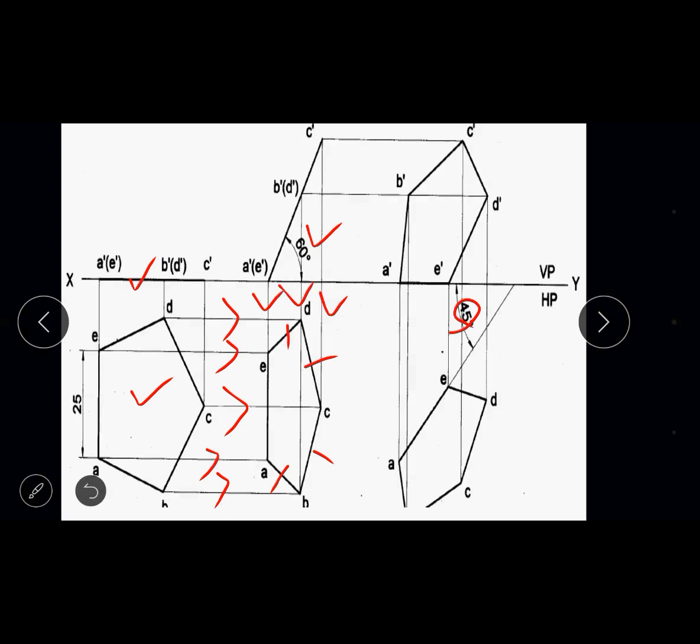So one key point I'll tell you. We have constructed the 45-degree line and placed the side AE, which is 25 mm. Look at the second top view here. Along the edge AE you can find one intermediate point. I have just highlighted it. Mark that point, let me mark it as 1. Measure the dimension E1 or A1 and mark it over here. You can take any reference, either 1 or X, Y, Z or M or N, or just a dot.